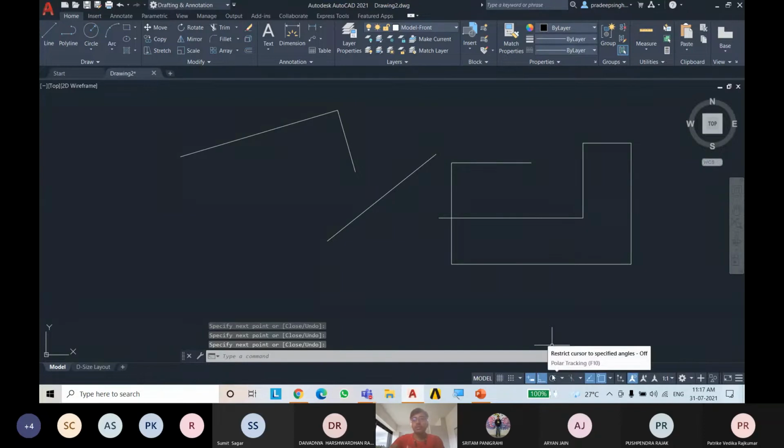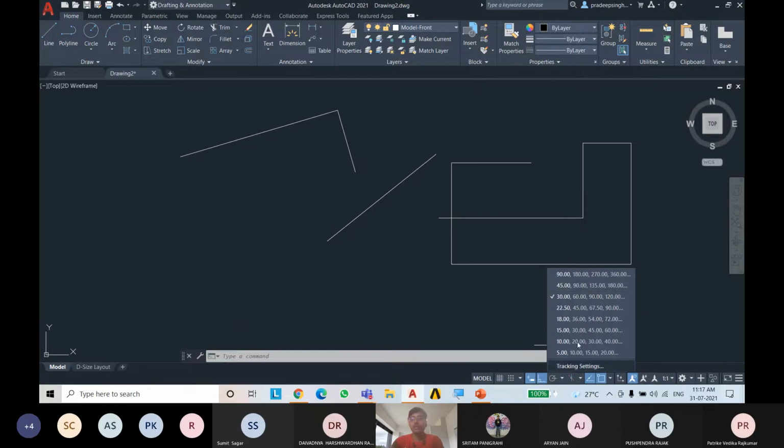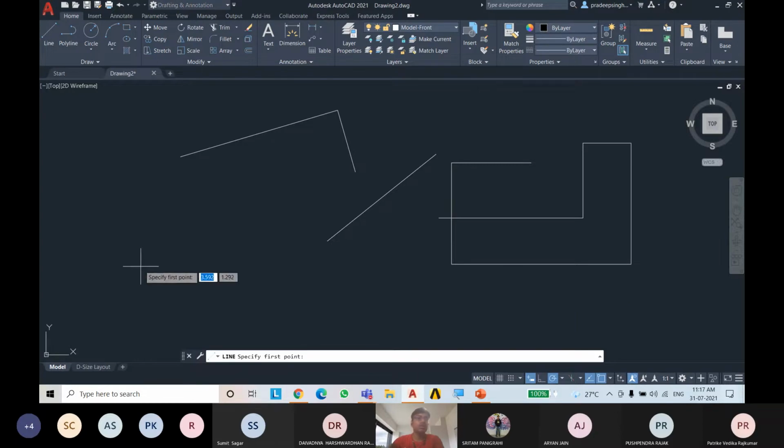Now there is an option of restrict cursors. If you click on the arrow side, it gives you angles like 90, 180, 45. Like if you click on 45, 90 and choose the line command, it will only draw lines in multiples of 45.